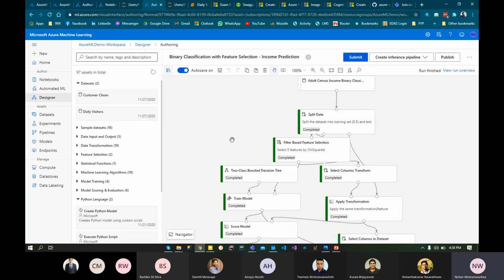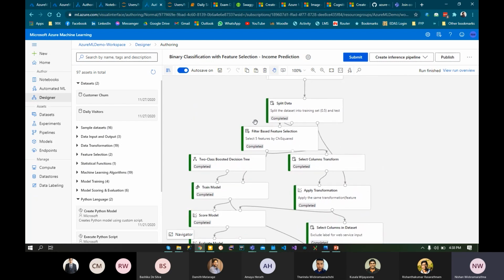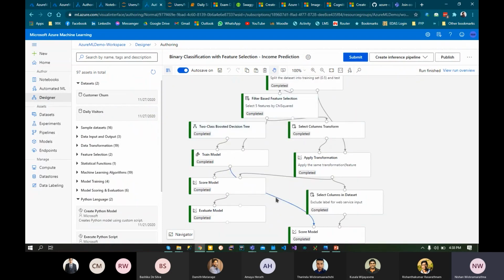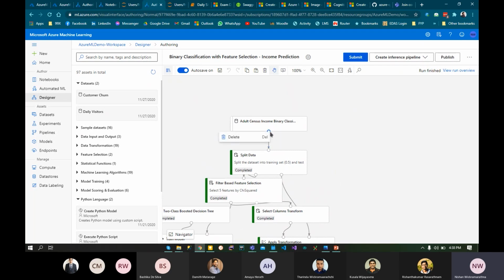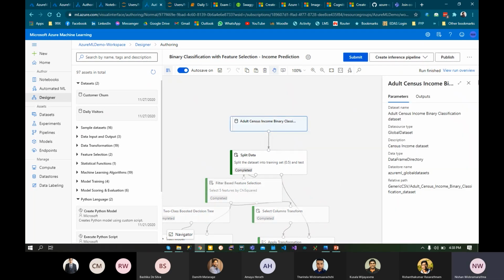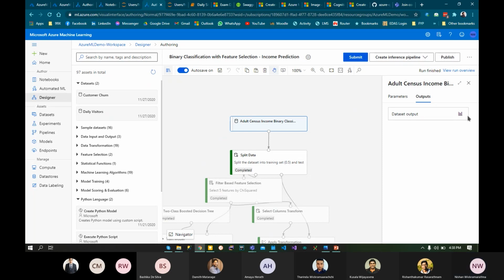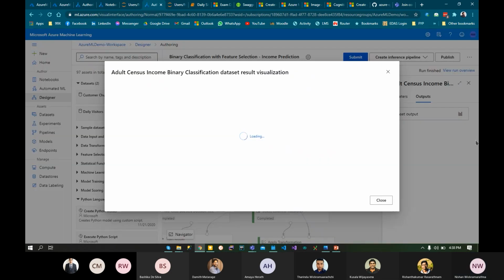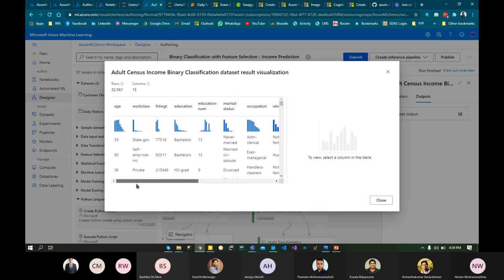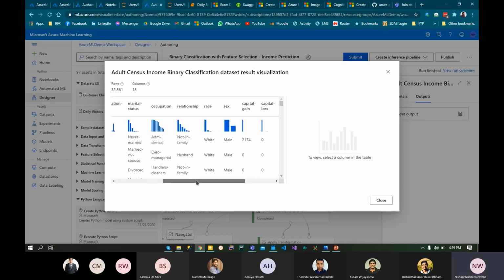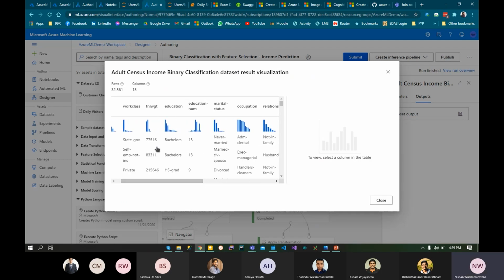So this one here, which has been completed, you can see it has changed its color to green, and it has this label called green. I mean, label called completed. And here you can visualize the data. I think we will see. Yes, so like so you can visualize the data set, and you can see there are some integer values and